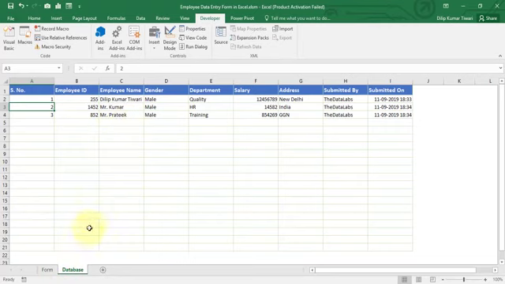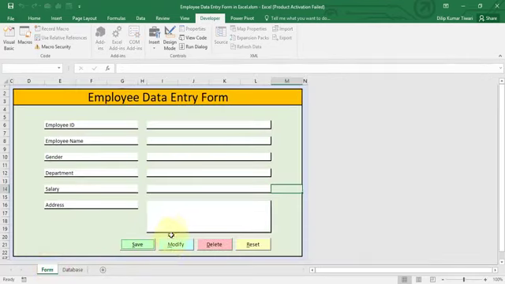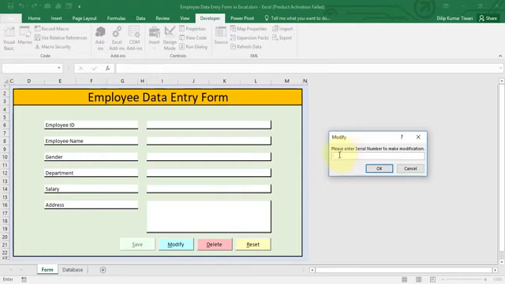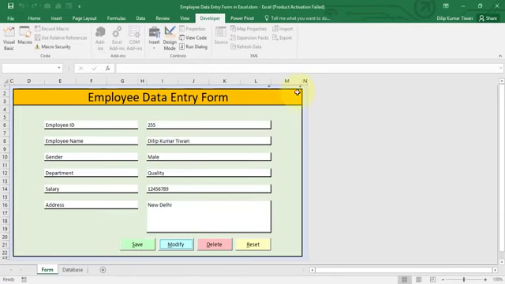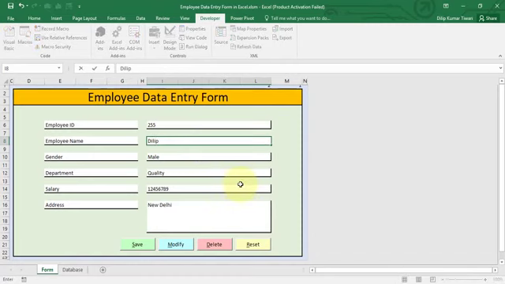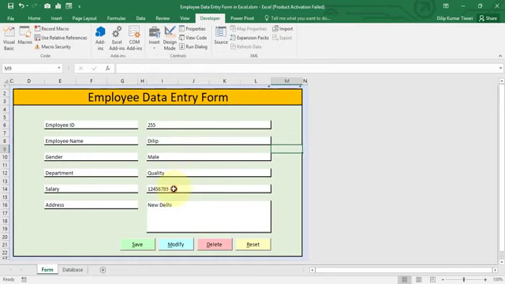Let's go to the form and click on modify to modify the existing record. Do you want to modify the record? Yes. I just want to modify the first record, which has serial number 1. Click on OK. Now you can see the value over here, 1 and 2, and this particular code will utilize this. Okay, so let's change the name, maybe I just want to change from Dilip Kumar Tiwari to Dilip, and let's make it some